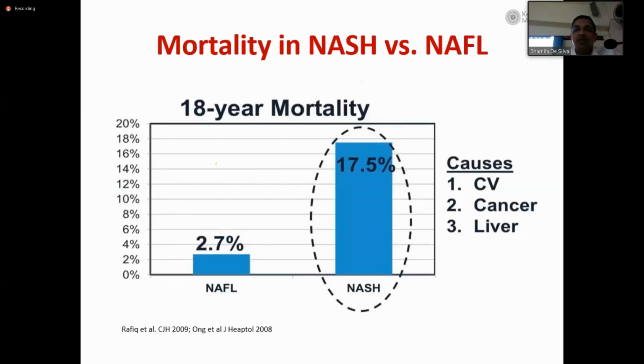And it's important to know that the majority of these patients will die of cardiovascular disease. If you take the second commonest cause of death, it is still cancer: breast cancer in females and colon cancer in males. And only the third commonest cause of death is liver-related. So when you identify these patients with fatty liver, we should pay careful attention to the metabolic risk factors and correct them, because mostly these patients die of heart disease rather than the liver disease itself.